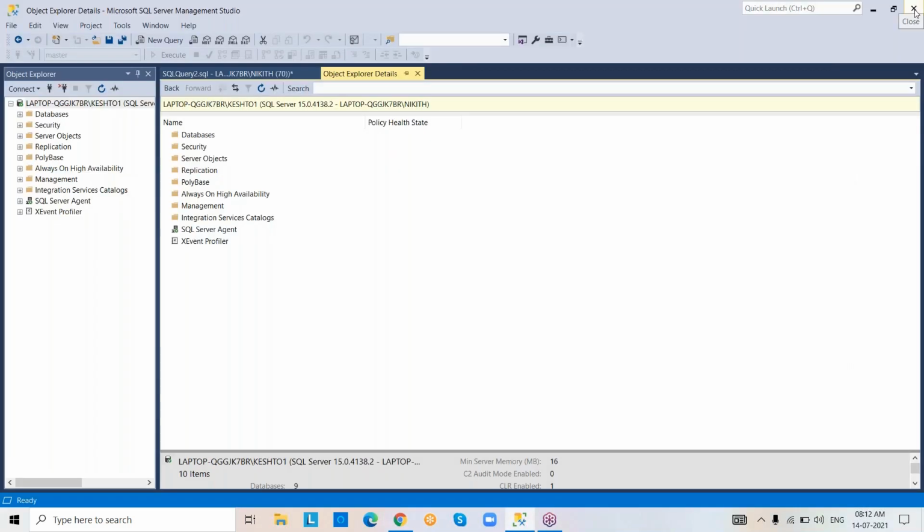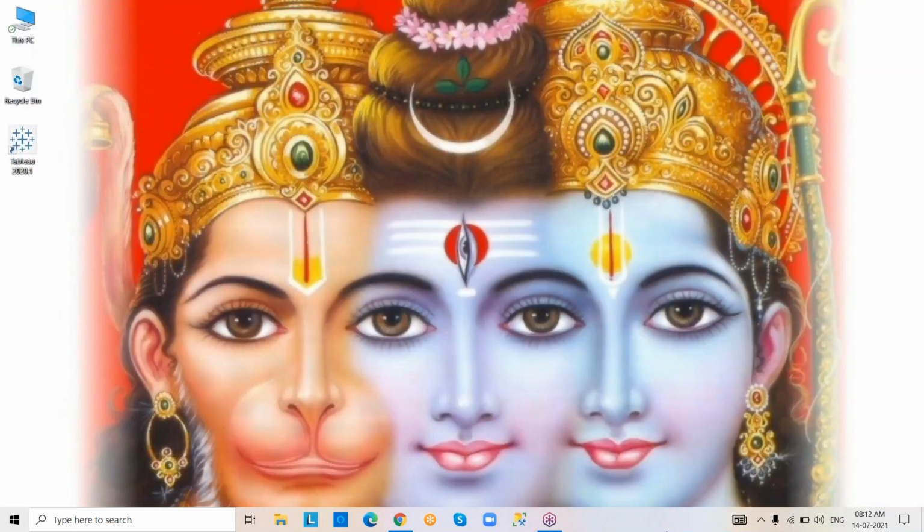So coming to next scenario, installation of the SQL Server. Directly we can download the software from the Microsoft website and go for installation of the SQL Server. I'm going to share you the link. I will email you the link. You can download it. And tomorrow's class, we are going to spend completely on SQL Server installation.